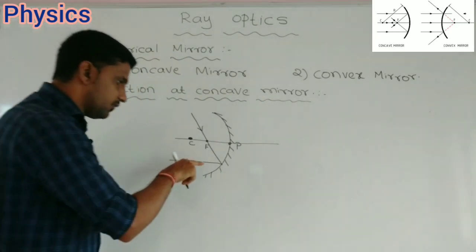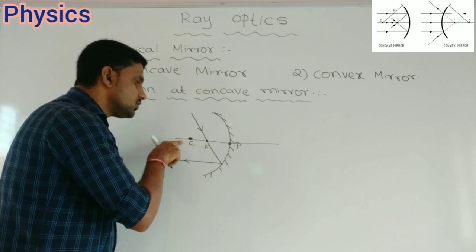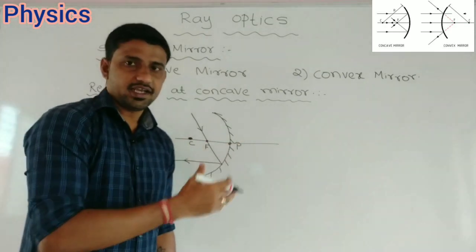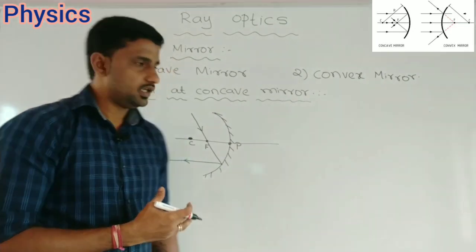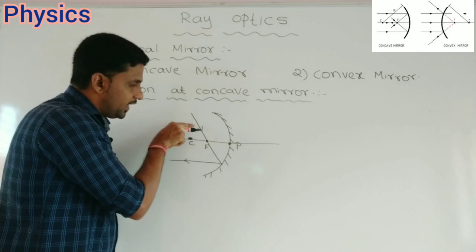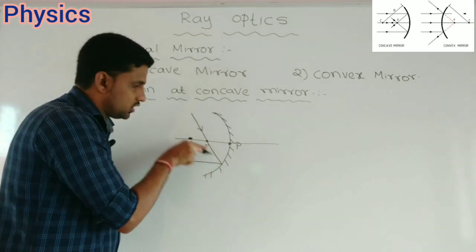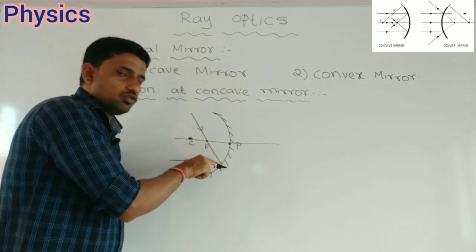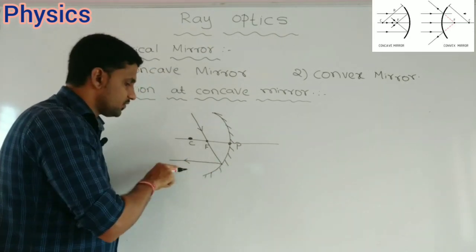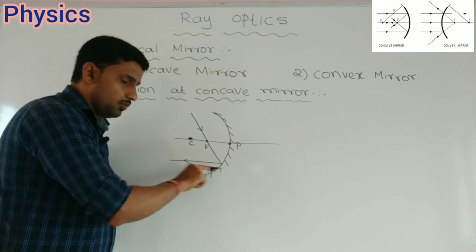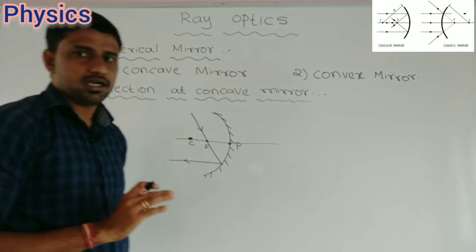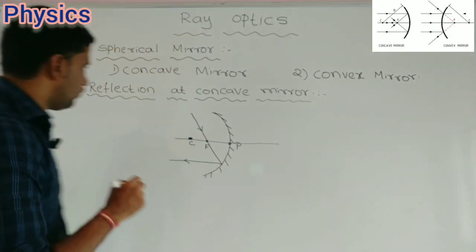That means the reflected ray is always parallel to the principal axis. This is the one case we observe in a concave mirror. When we incident a ray of light along the principal focus, after hitting the reflecting surface, that incident ray bounces back. That reflected ray is always parallel to the principal axis. That is the one case